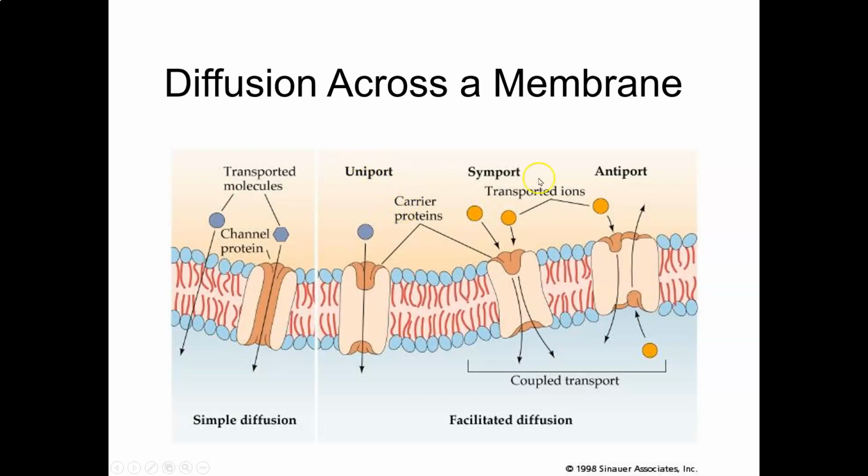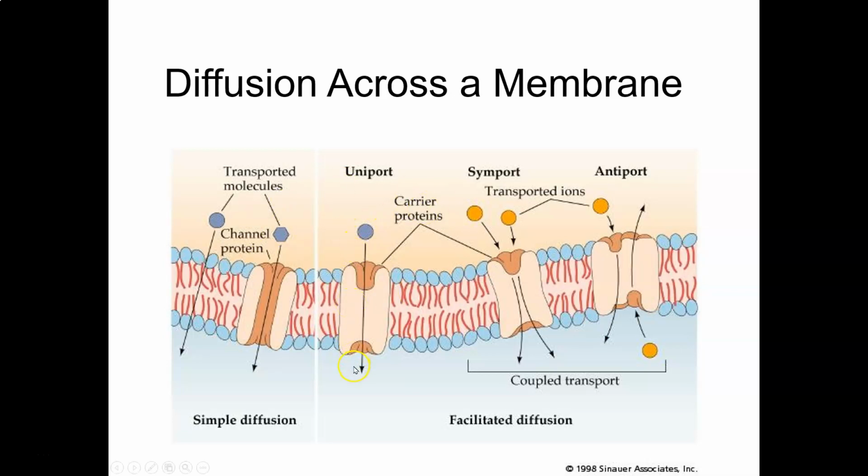So when we see the word port, it's referring to transporter. And this is true of not just facilitated diffusion, but it's true of other things like active transport, things like that. So anytime we have a transporter that carries a molecule from one side of the membrane to the other, we can give it some general names. If the transporter transports one thing in one direction, it's called a uniport. Much like if someone rode into the classroom with a bicycle with one wheel, you'd say, oh, that's a unicycle, right? So uni means one. So a uniport